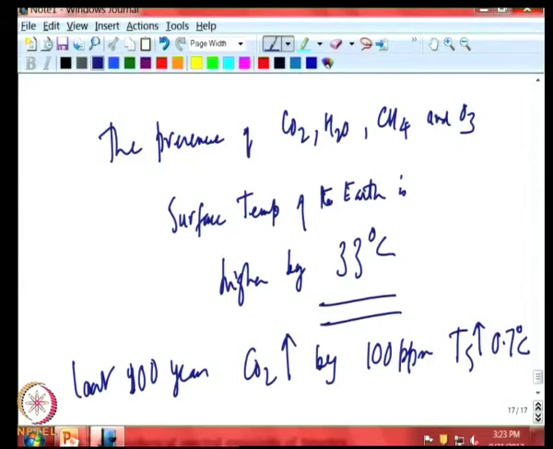This is because a higher amount of CO2 traps more of the Earth's radiation, and this leads to a chain reaction by which water vapor also goes up, ice melts in the polar region. All these combine together to increase it by 0.7, and the prediction is that in the next 100 years the temperature may go up by another 4 to 5 degrees. So, this shows the power of the non-gray surface that exists in the Earth's atmosphere, and so we will look at these issues later when we talk about gas radiation.